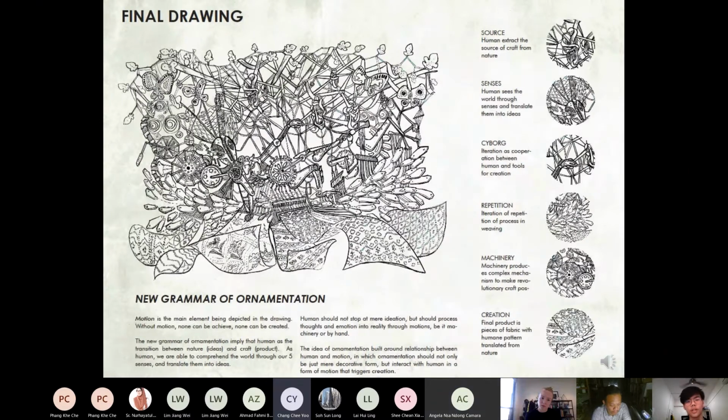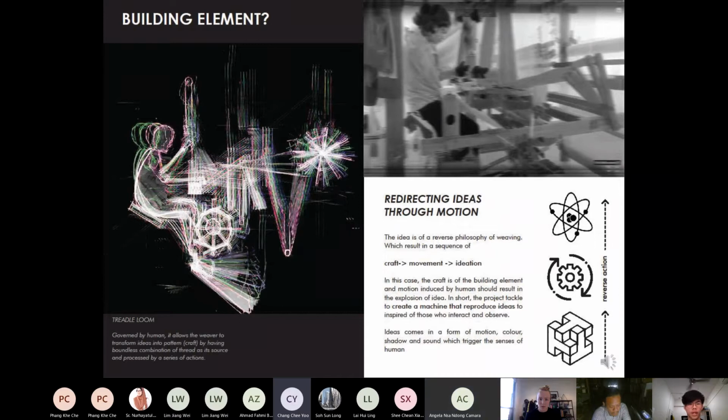So then this is the final drawing of my ornamental drawing, which is a depiction of interaction with nature. From the top is the nature and at the bottom is the craft. In between is the combination of humans and also machine that makes all these things connect together. So as I look into the building elements, I try to look back to my philosophy that I proposed earlier, which is the cognition, coordination, and also its final form. Sorry. Okay, so that's the formation of the craft, which is from ideas and then comes to life.